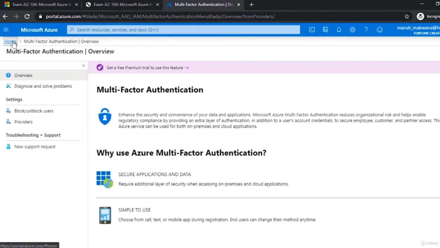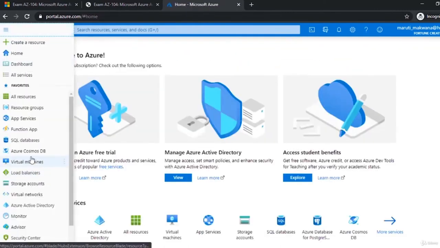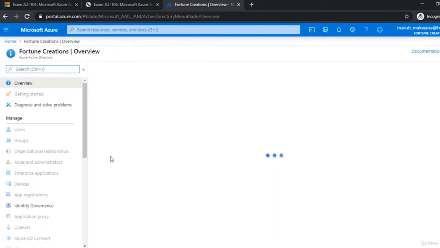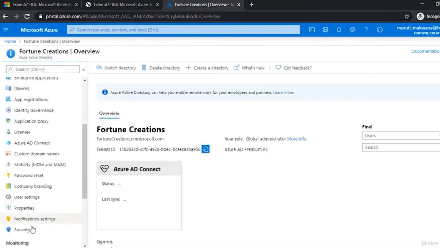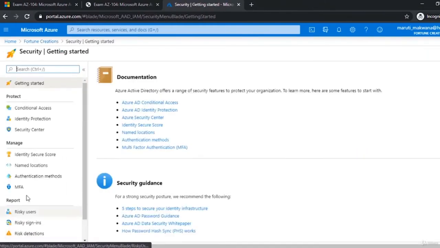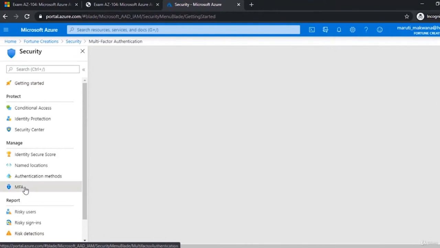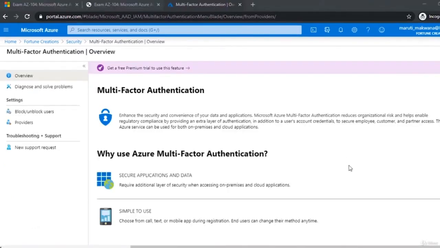So we are going back to home, going to Azure AD, and inside that, security and MFA. Now obviously after a few minutes, this will be enabled for me, and the same for you if you're doing this along with me.